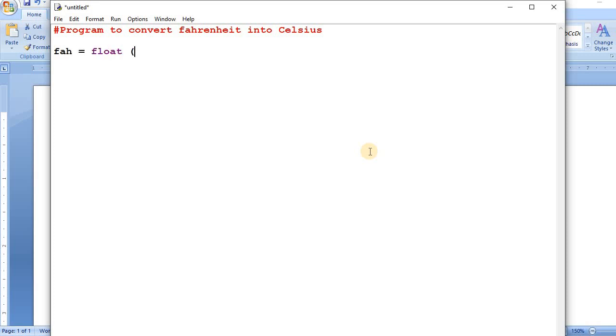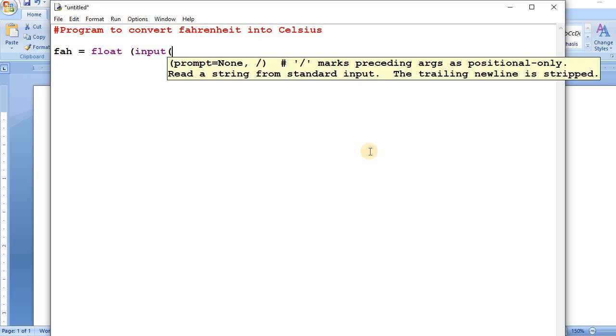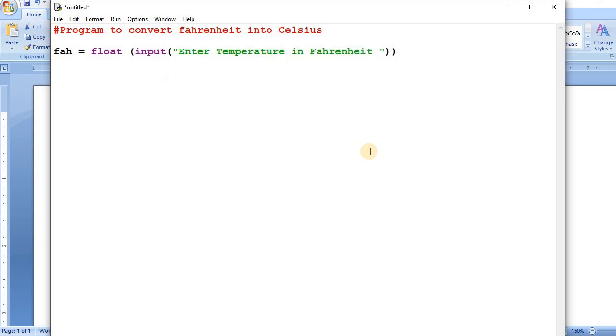So we read, then input, enter temperature in Fahrenheit, and then Celsius equals to F minus 32. Just form this expression and divided by 1.8.